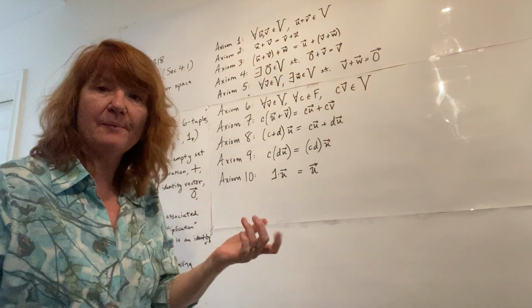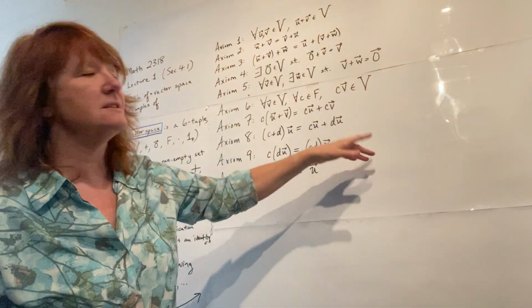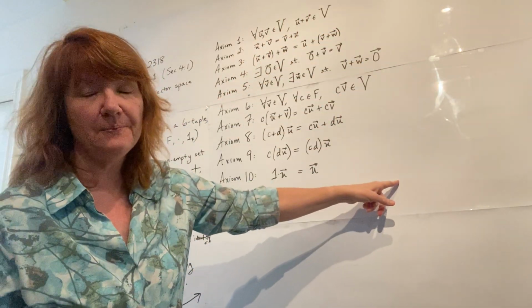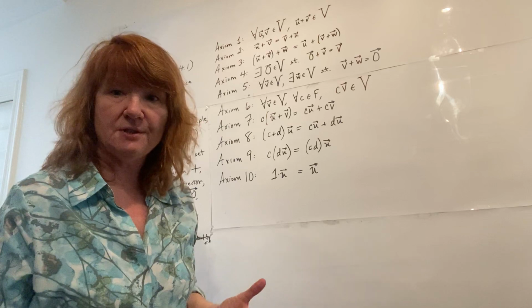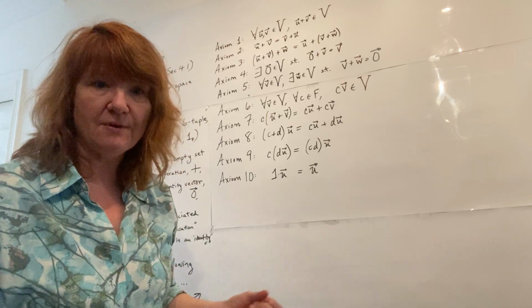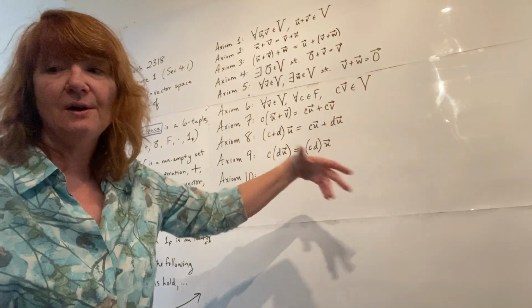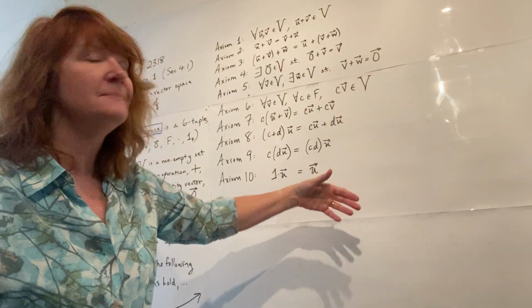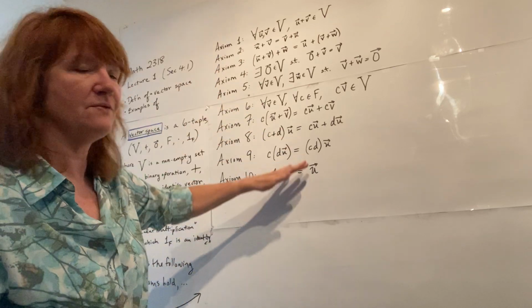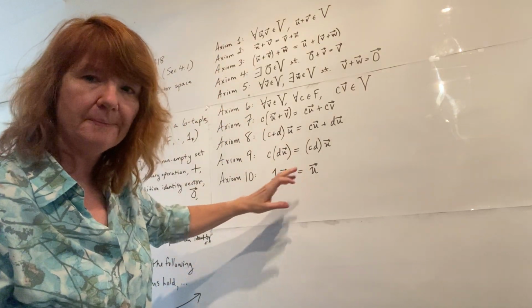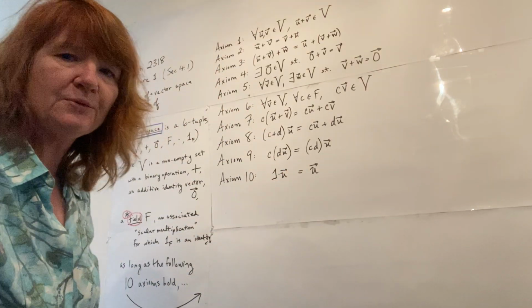So in the next video, I'm going to be going through the same list, but right next to it, giving you an example of a vector space, which is actually a set of functions, the set of all functions defined on the reals. And I'm going to be showing you how, proving that that is a vector space, we have to go through and satisfy all those properties, okay? Now to be able to get through this